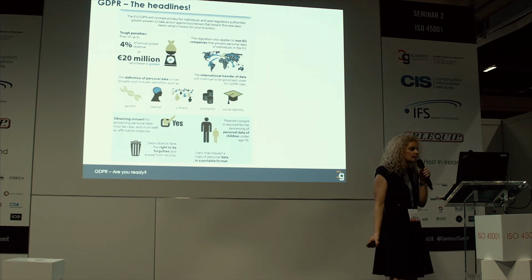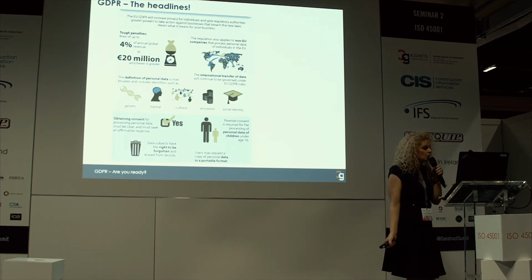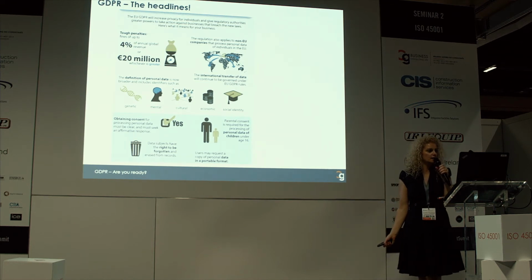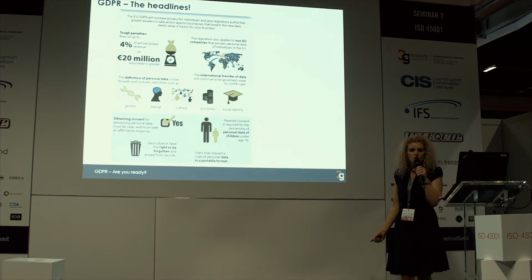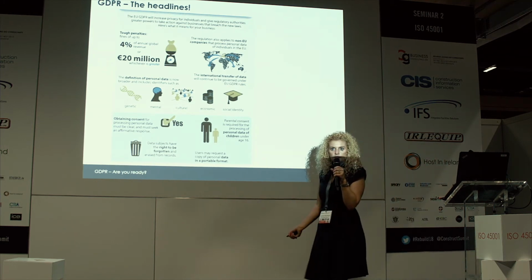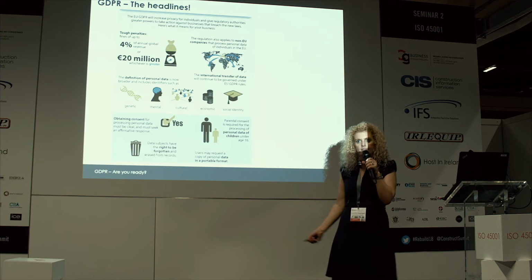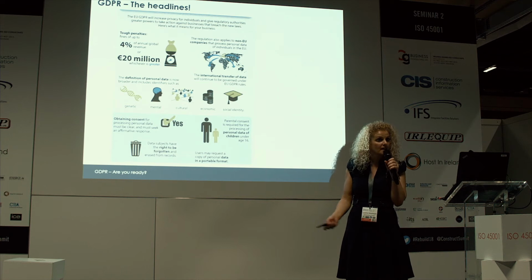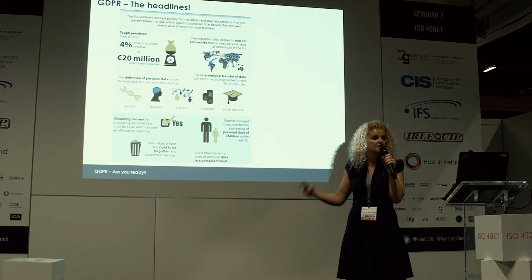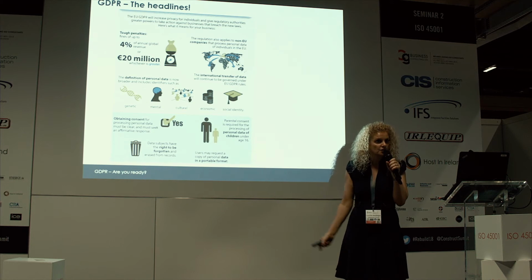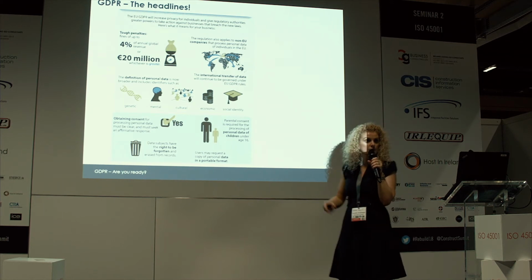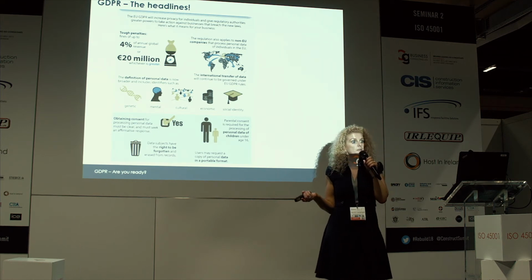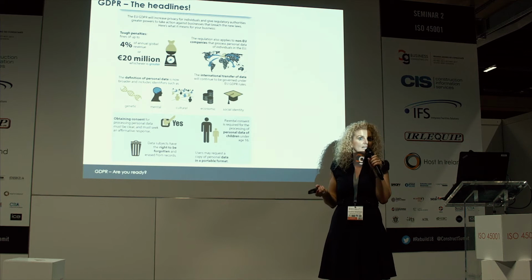Another headliner is that you have to get parental consent for the processing of data for children under the age of 16. Did you see in the news two weeks ago that WhatsApp have changed their rules so that they will not allow children under the age of 13 to use WhatsApp? Why are they doing that? Because of the General Data Protection Regulation. They have to get parental consent for anyone under the age of 13. It's too big a job to actually do, so they had to say, sorry, we're limiting our WhatsApp messaging because we can't get consent.